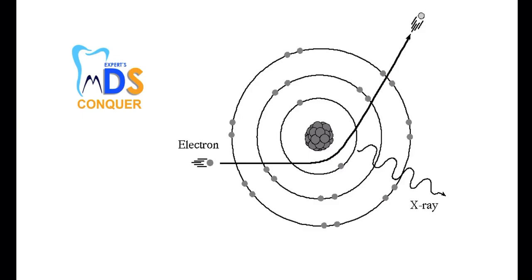The less the distance between the nucleus and the electrons, the more the electrostatic forces between them and the higher the Bremsstrahlung photons that are produced. So high energy photons are produced when there is more electrostatic force of attraction between the electron and the nucleus. That's a related concept. The main thing to remember is the electron will nearly miss the nucleus, it loses its velocity, and that deceleration will produce kinetic energy which ultimately releases the X-ray photons. Right, this is related to Bremsstrahlung radiation or the braking effect.